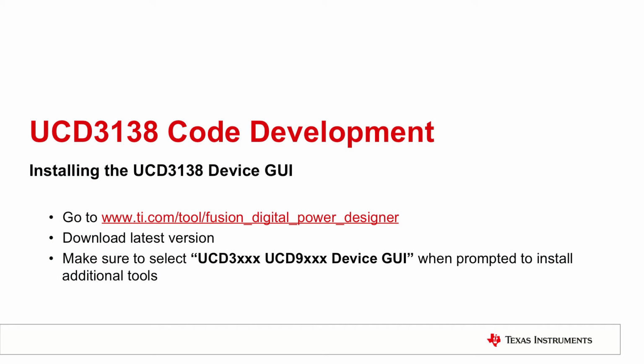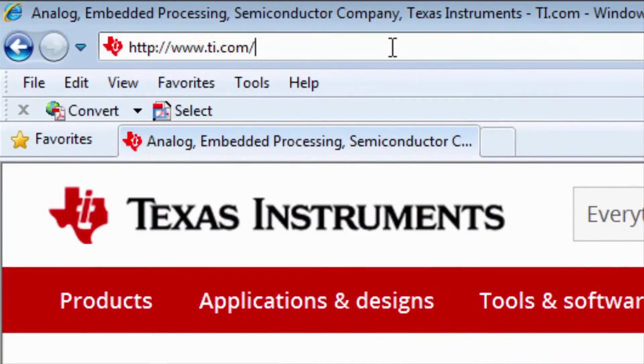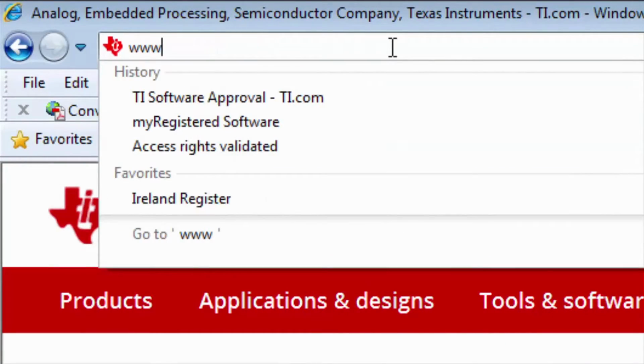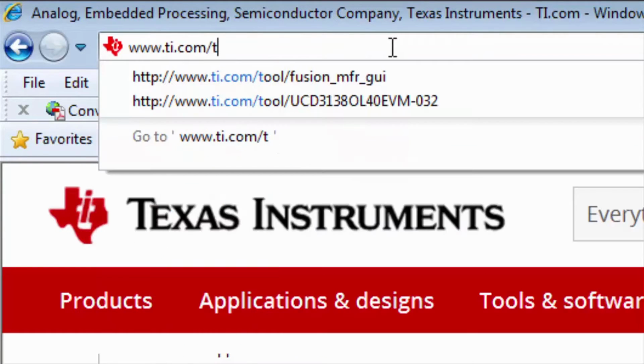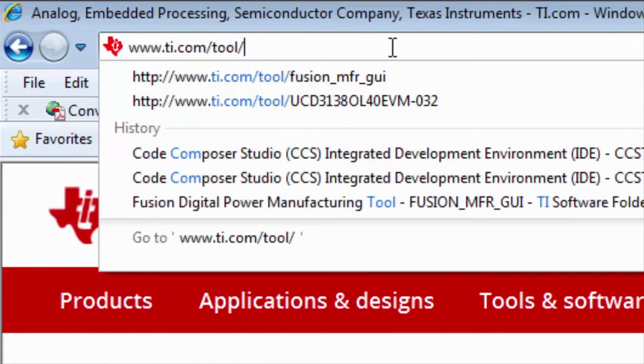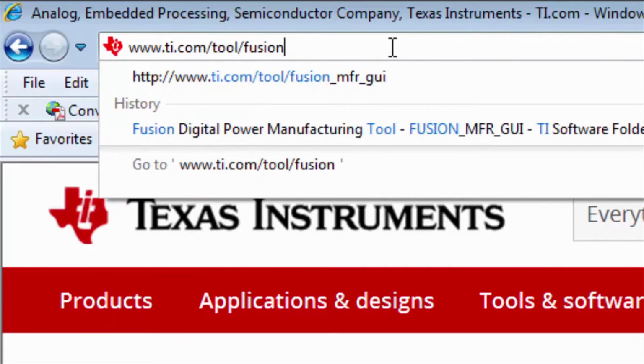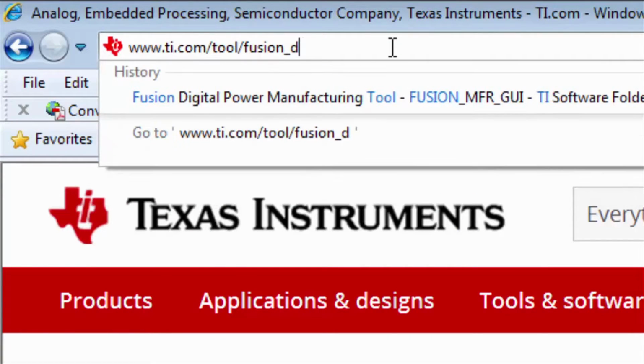I will now demonstrate how to download and install the UCD device GUI. In an internet browser, go to www.ti.com/tool/fusion_digital_power_designer.